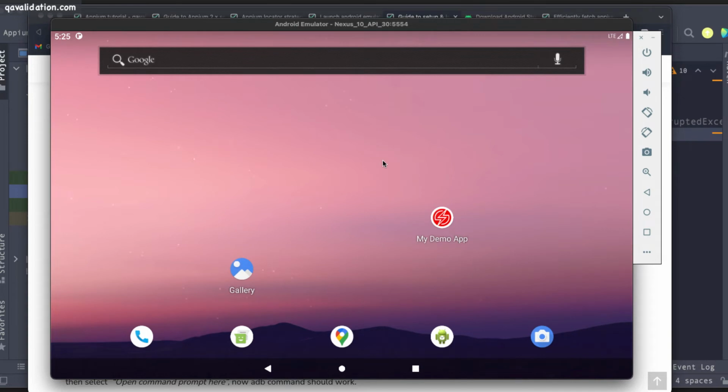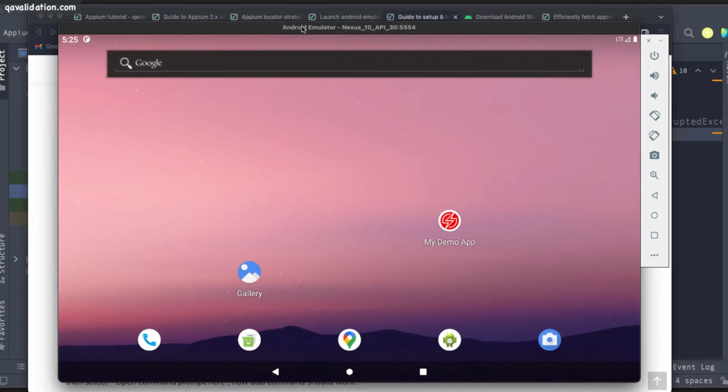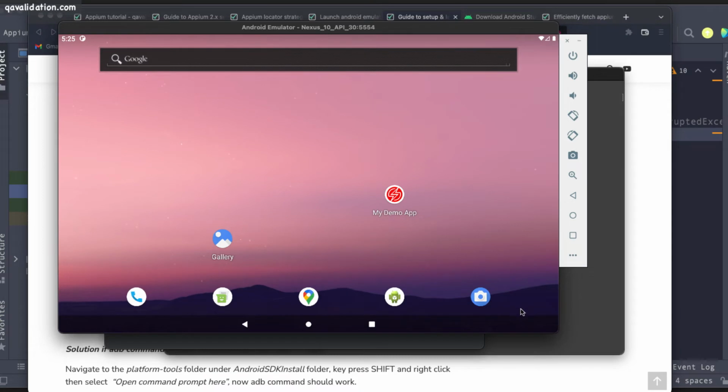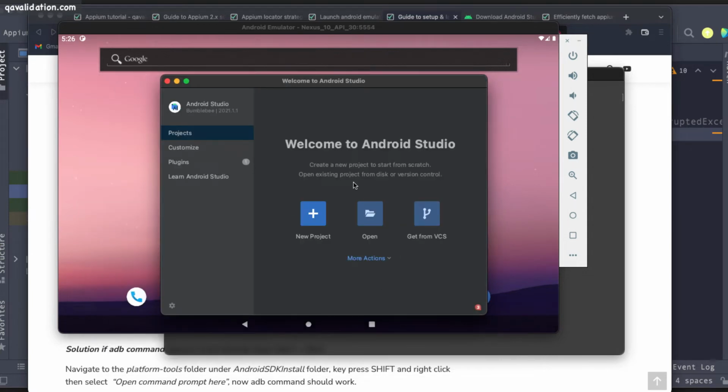And as you can see, it is a tablet model, Nexus 10, and this is how it looks. It is pretty similar to your real devices. There is no difference here. It will come up, and you can drag any of the APK files to this, and then you can get started. Okay, so for this moment, I will be closing this device manager, which I launched from the Android